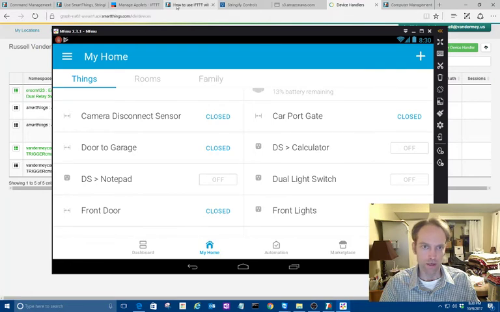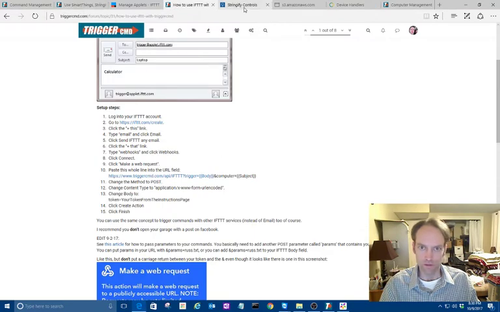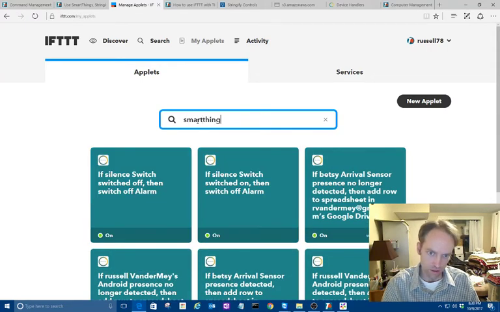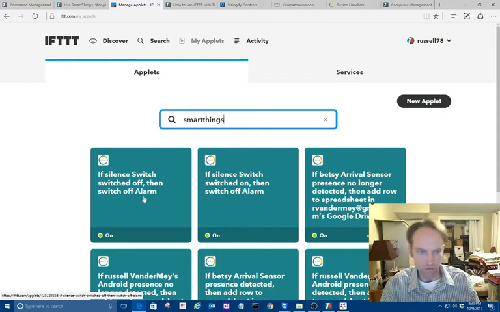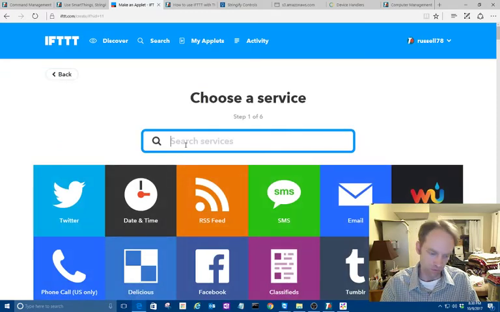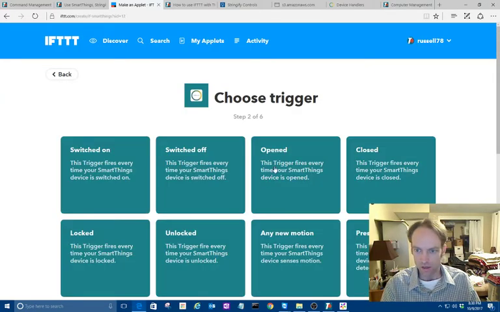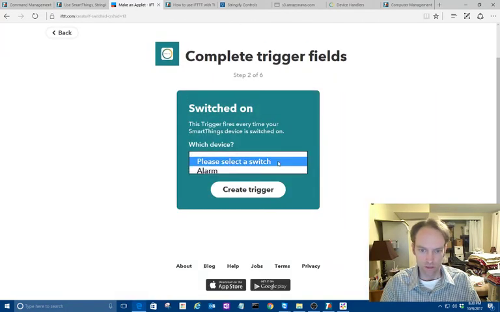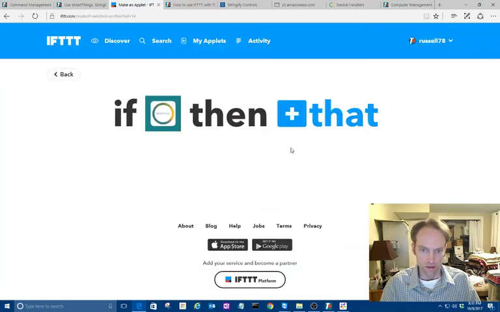If you use something like IFTTT, you can also pass parameters, or stringify, same thing. So let me do an example of that. I won't finish this example, because I don't want to copy and paste my token on a YouTube video. Oh yeah, I got a new applet. So in this, you find SmartThings, and then let's say I pick a switch, and then in that,